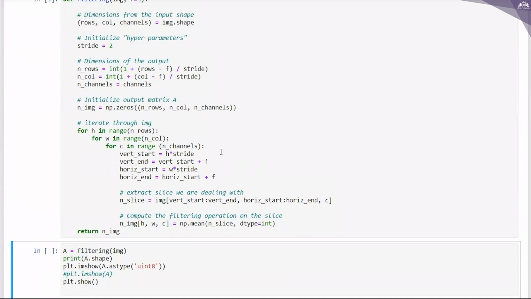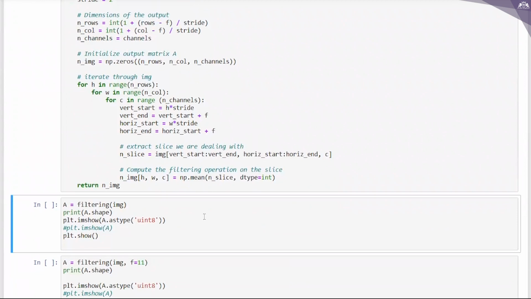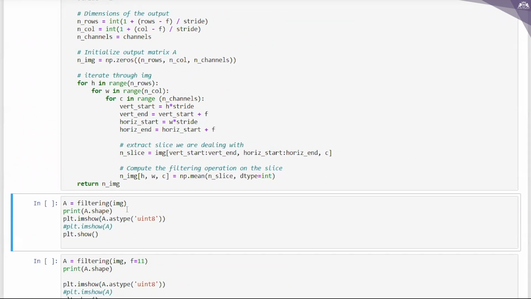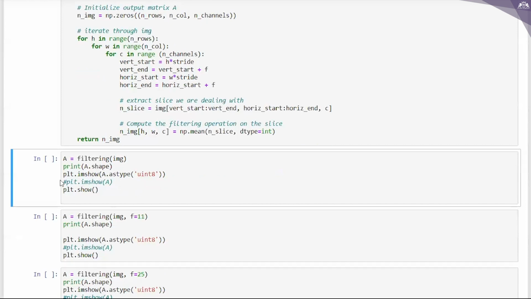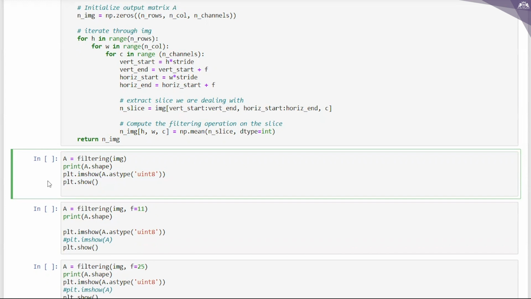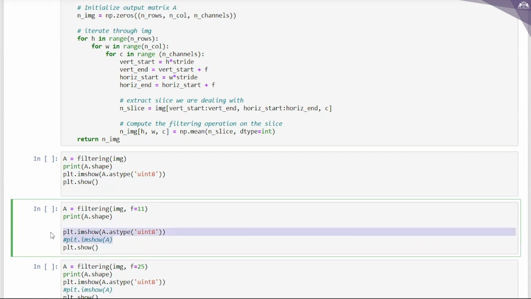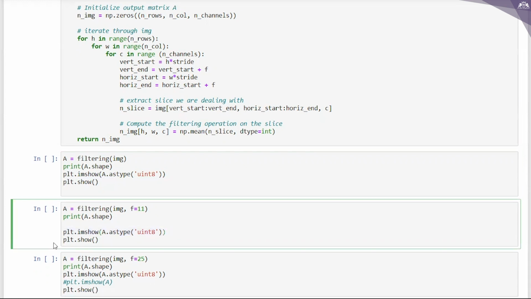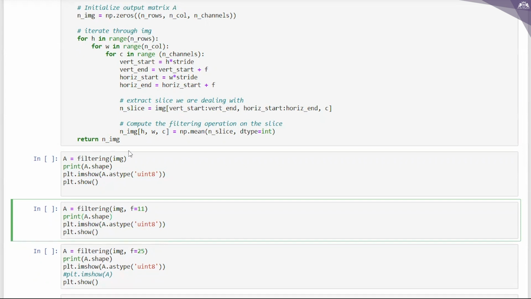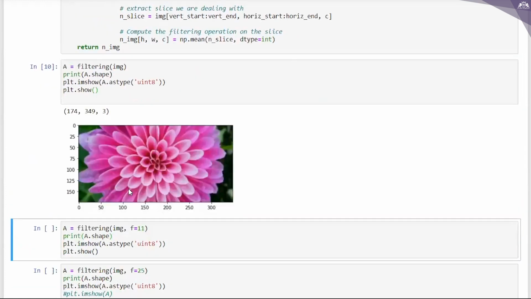There is no error, it is getting executed. Now I'm writing A equal to filtering of the input, img, that's what I have given, and print A.shape, and then I want to look at the image now. Let's get the output.